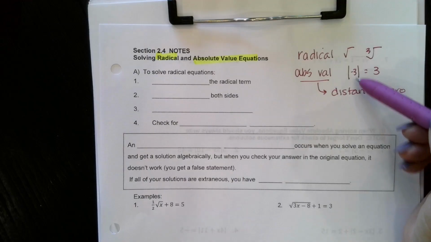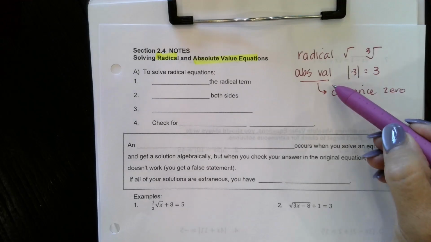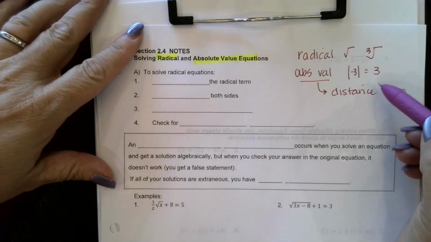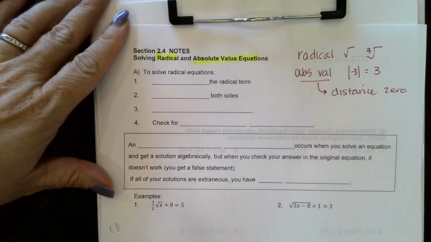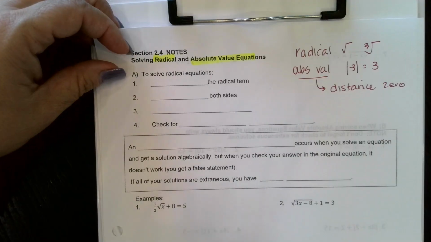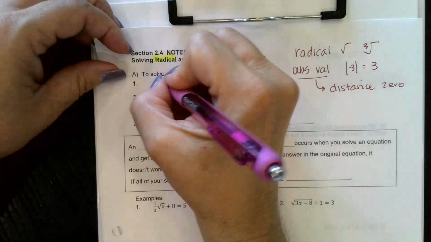It's not just we take what's in the inside and make it positive. What we're doing with absolute values is asking what's the absolute distance from 0. We don't care if it's positive or negative, okay? So we're going to start with radical functions, and let me give you the steps here, and then we'll work through one. So step 1 is you have to isolate